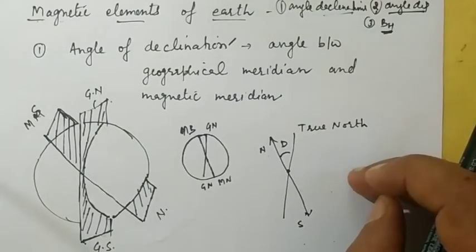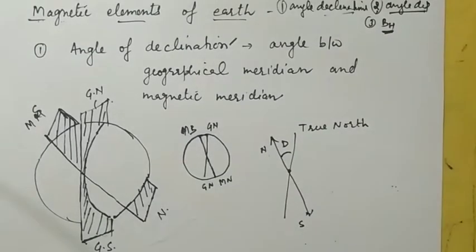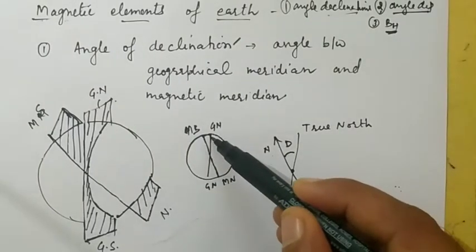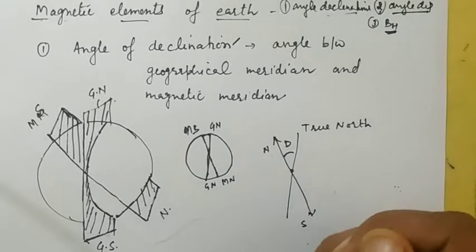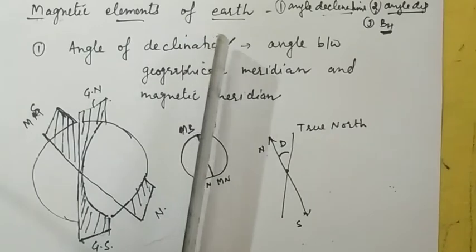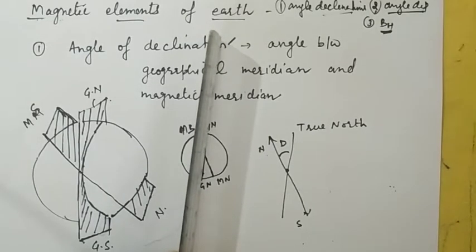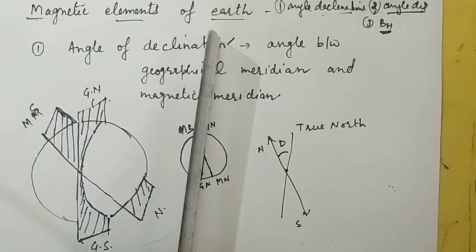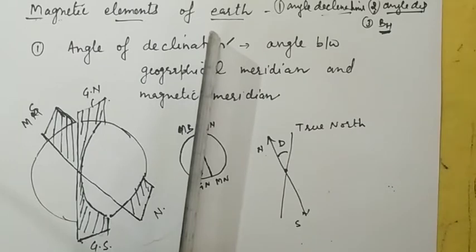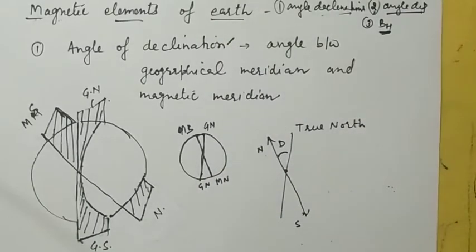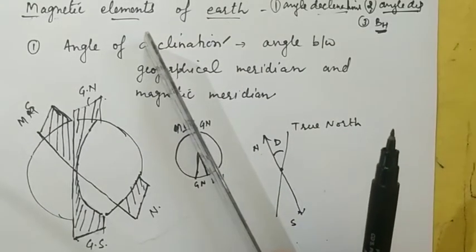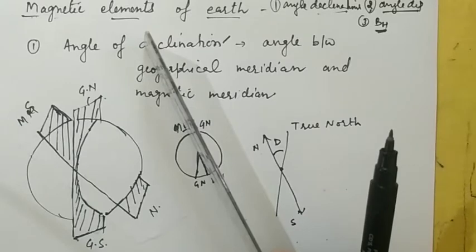Before we study the angle of declination, let us discuss the geographical meridian and the magnetic meridian. Suppose you have the Earth and the geographical north-south pole is along this direction. If I make a plane which cuts the Earth along this direction, then this plane is known as a geographical meridian, or we can say the geographical meridian contains the geographical north-south pole. Similarly, if I cut a plane which is along the magnetic north-south pole, that plane is known as